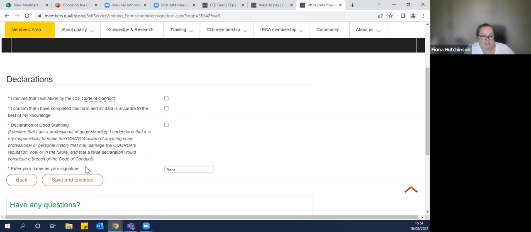I realise we haven't done the chartered member one in detail, so if people are looking at the chartered member grade and have more questions about it, feel free to ask them now.